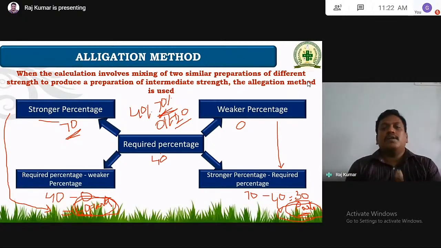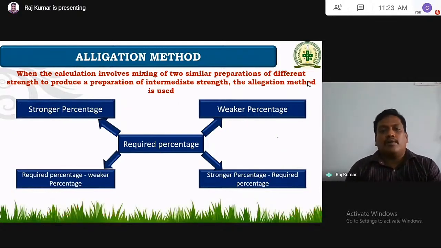Remember that simply you have to prepare an intermediate mixture of a solution or an alcohol from 2 different mixes, or 3 different mixes, or 4 different mixes, whatever. So whatever you got here will be the part of the strong percentage and whatever you got here will be for the weak percentage. So remember properly. Then if you do the problems and calculate it, it will be very easy for you to remember. Let us go for problems.